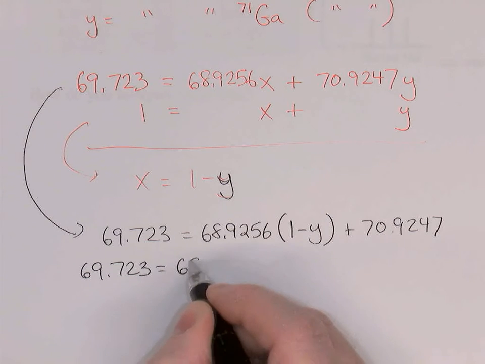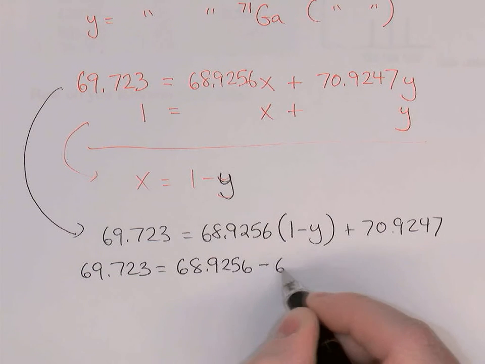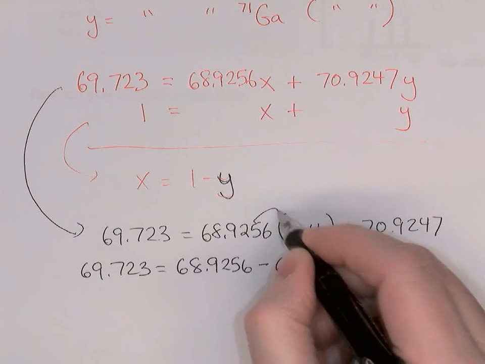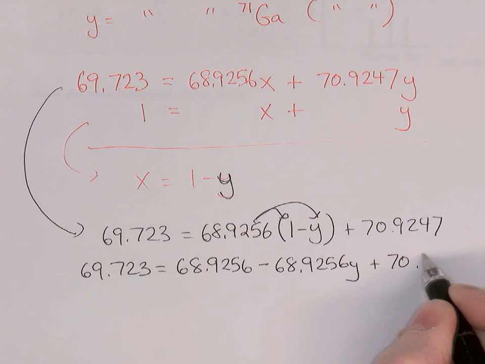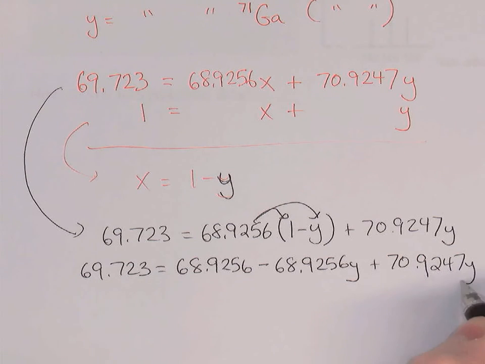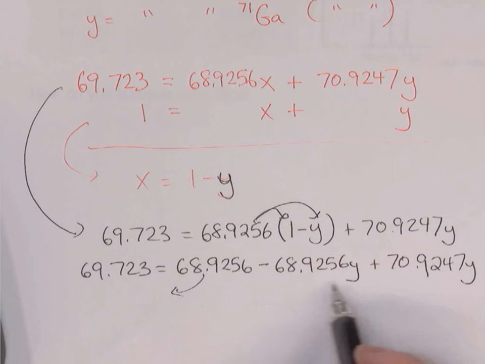All right, multiplying through these brackets, we get 68.9256 minus 68.9256Y, multiplying through like that, plus, oops, I forgot a Y over here, didn't I? Plus 70.9247Y. And now combining the Y's, and I'll move this constant over here, and I'll combine these Y's, we get